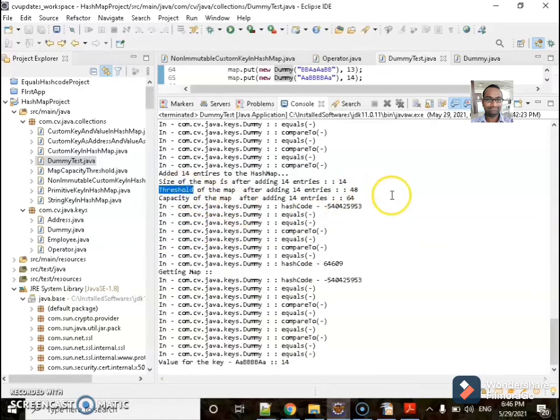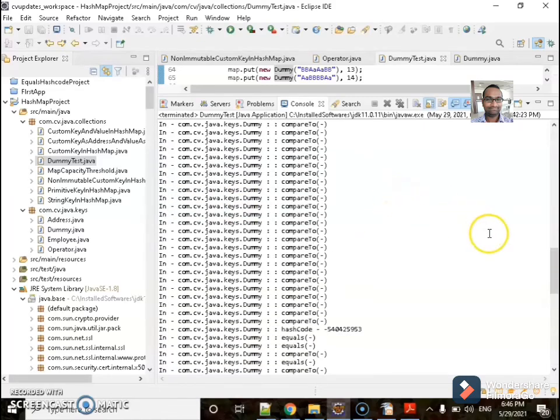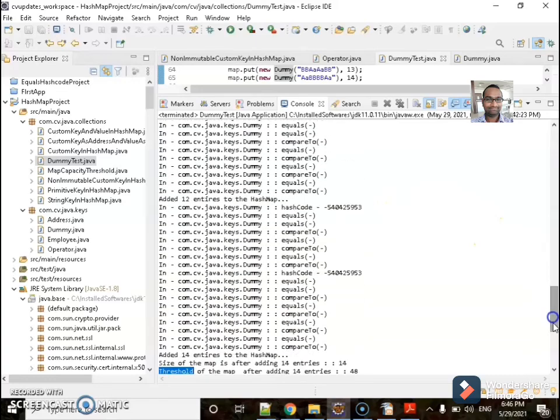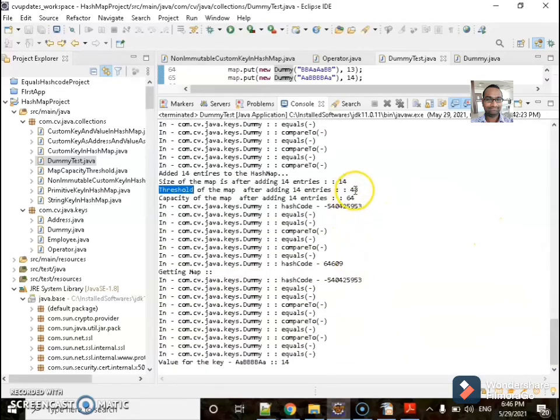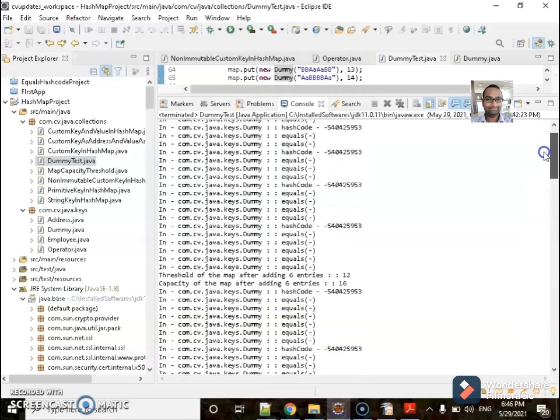and capacity have been increased 4 times. Previously it was 12, and 12 into 4 is 48, and 16 into 4 is 64. 4 times it has been increased.